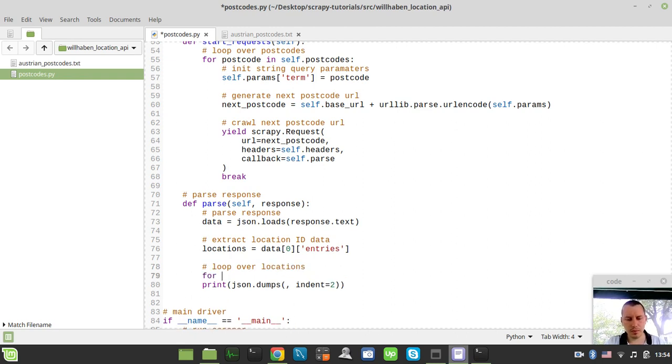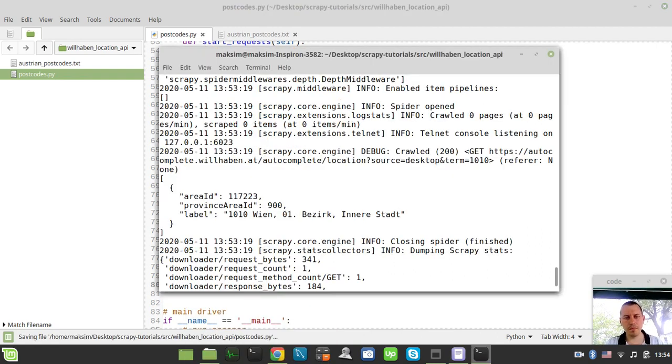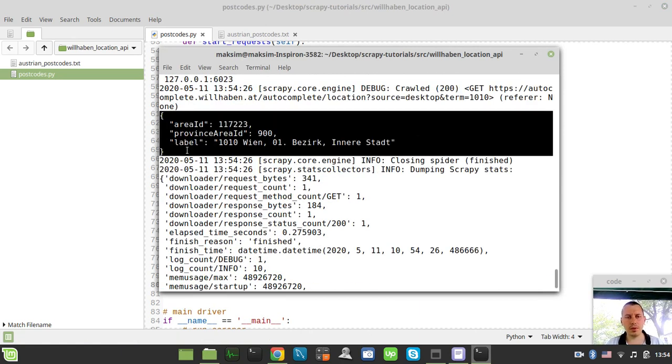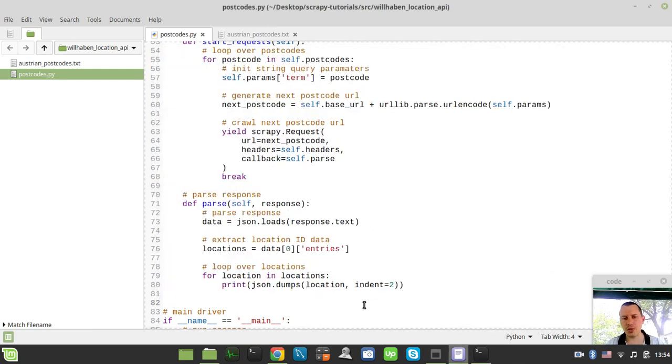So for location in locations, we're looping over this list of dictionaries, and first let's try to print the location for each one. Okay, now we got a Python dictionary type,